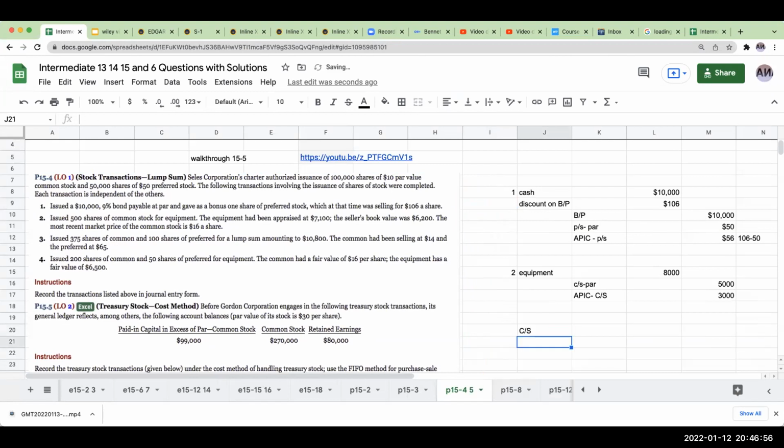For the common stock, the number of shares we're giving up is 375, and for the preferred stock, we're giving up 100 shares. The price per share: the common had been selling at 14 and the preferred at 65. So my total